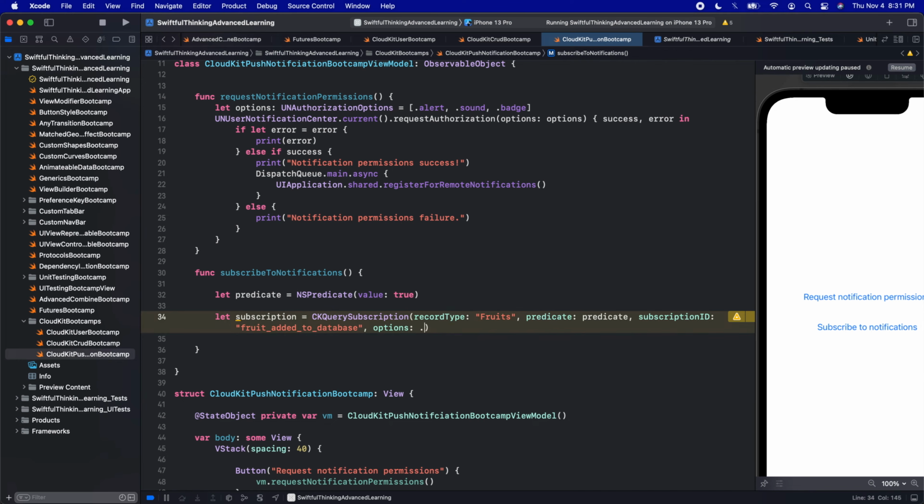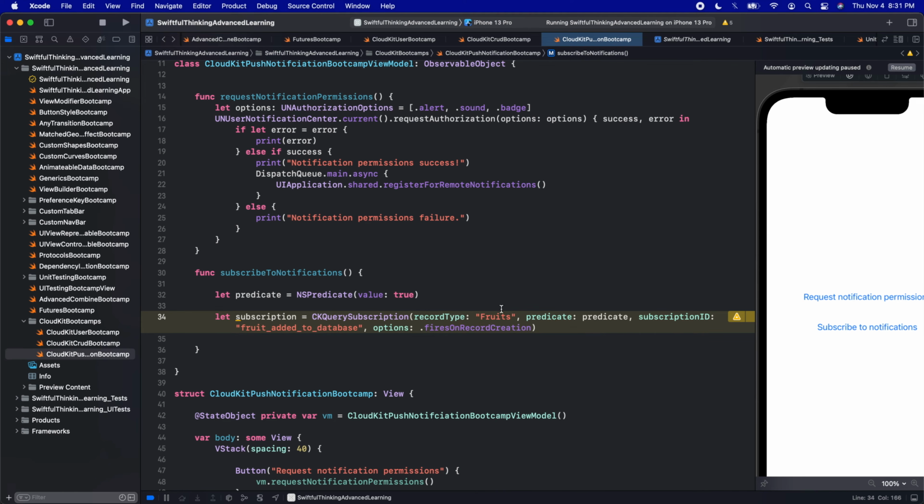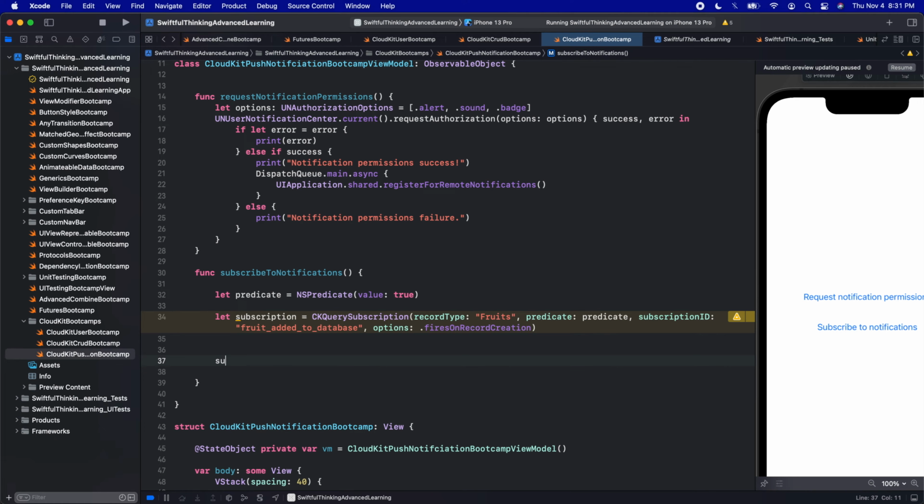So if I press the period here, we get a couple completions. So when do we want this notification to fire? So we're looking at the fruits. So we could do every time a new fruit is added, that would be on creation. We could do anytime a fruit is deleted, that would be on deletion. And anytime a fruit is updated, that would be on update. So we're going to do on creation. Anytime we add a new fruit, we're going to get a push notification. And then we can call